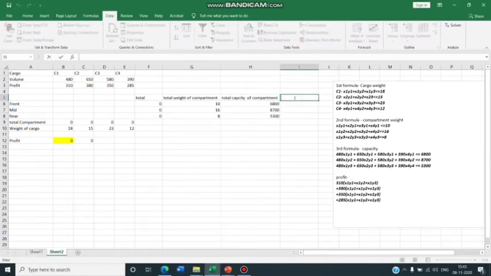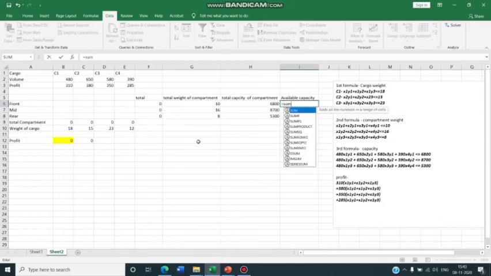I'll add a column here called available capacity, and in that I'll try to create this first half of the equation. So basically I'll try to multiply the volume value with the front section cargo value. So we'll apply that formula over here. As I said, you can use the sum product value, else you can put that lengthy formula. I'm using the sum product value.